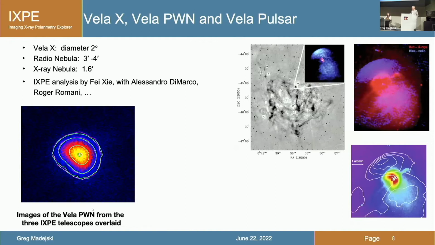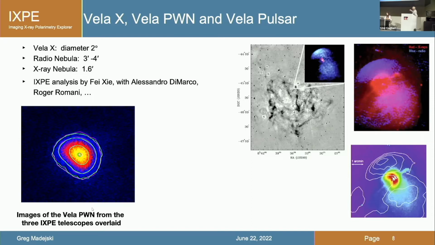resulting from the observations by IXPE of the Vela pulsar wind nebula. Again, this is a very bright X-ray source, so this was obviously a very attractive target for IXPE to observe. And again, this is just very basic information about the system, that there is a large chunk of